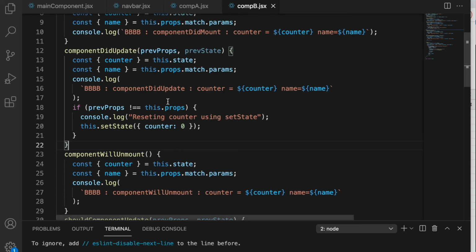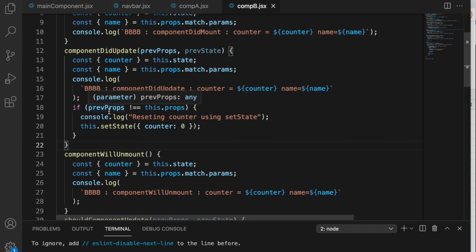So we can do a specific comparison because we know that, or at times we just compare the previous props and the current props. It could also be that something in the state we want to handle because something has changed and we want to do specific things, so we can just compare with the previous state and the current state also to do that.